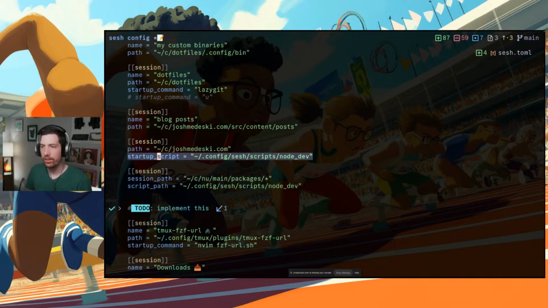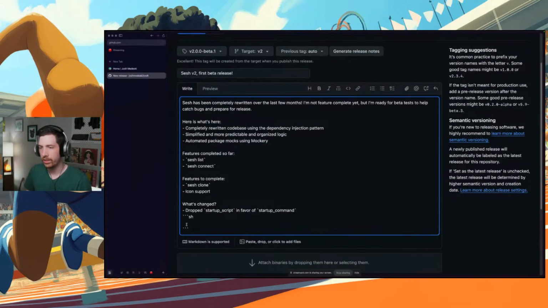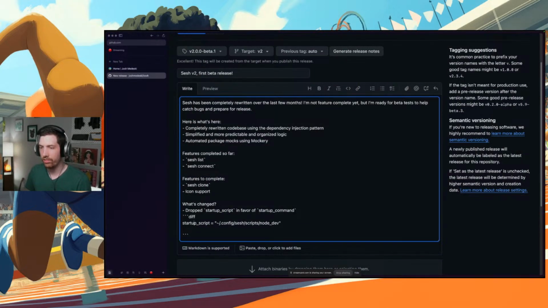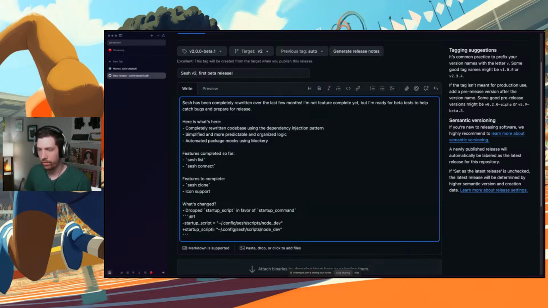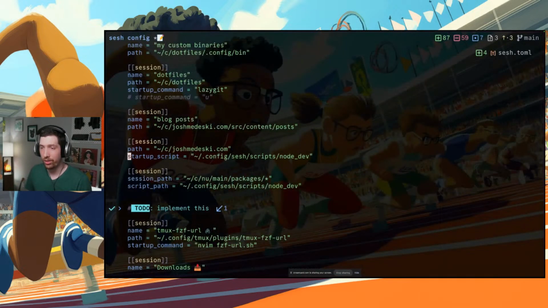So this, let's just do a diff. So this goes away, and it becomes startup command. This should work. So if I do command,